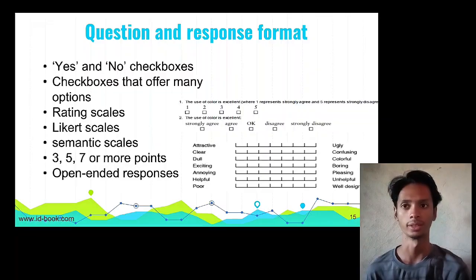Question and response format. These must have yes and no checkboxes. Checkboxes that offer many options. Rating scales, Likert scales, and semantic scales. This also must have 3, 5, 7, or more points. And last, open-ended responses. Like we see in the photo, questioners can use different response formats, such as yes or